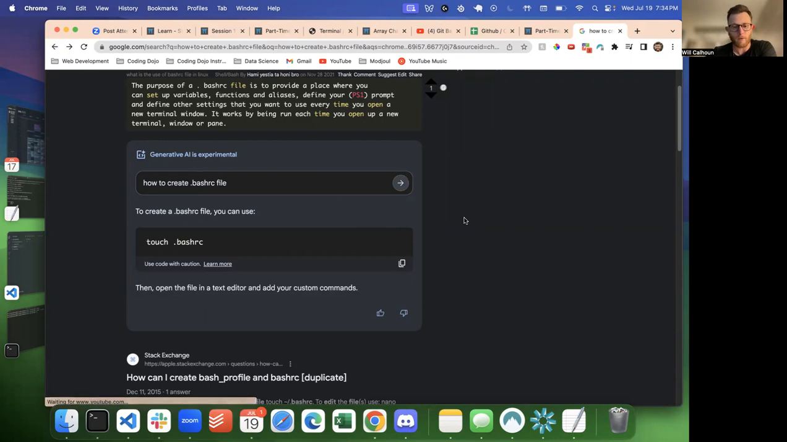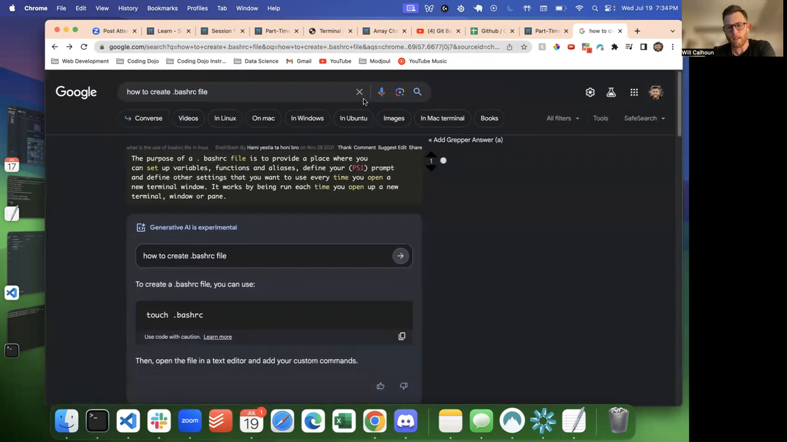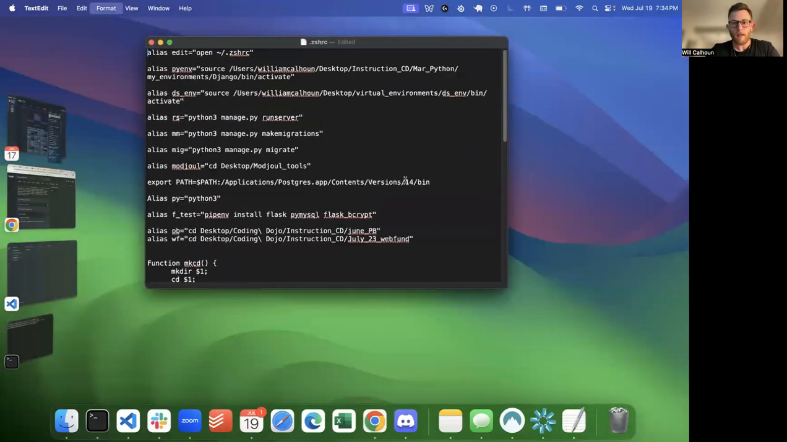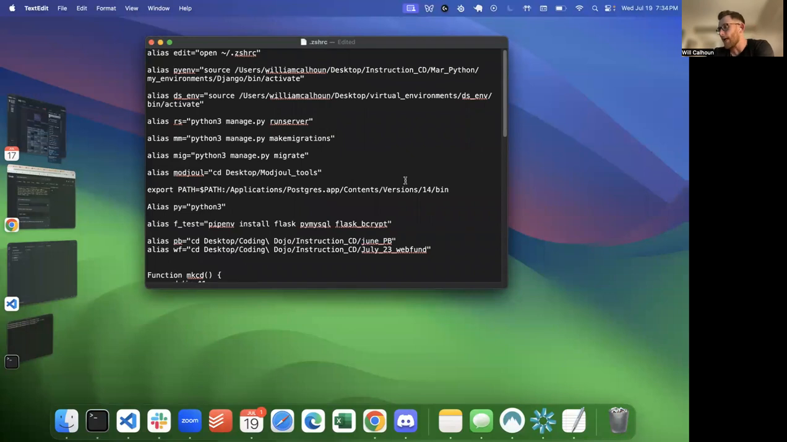AI, large language models are everywhere. Cool. So you would say touch .bashrc. Now, what this allows you to do, and this is why I think it's awesome and I want to show people, is that it allows you to create variables, or the way you can think about it is a shortcut, right? So instead of me having to type open ~/.zshrc, and remember all that,